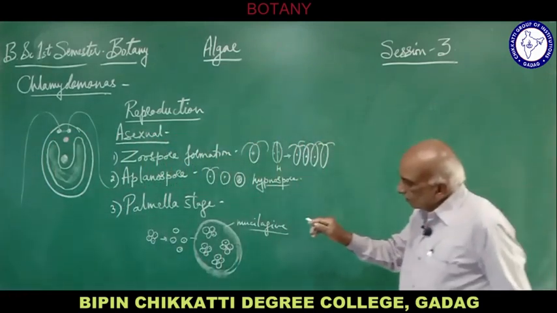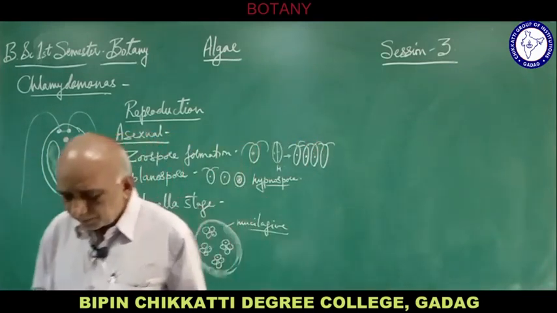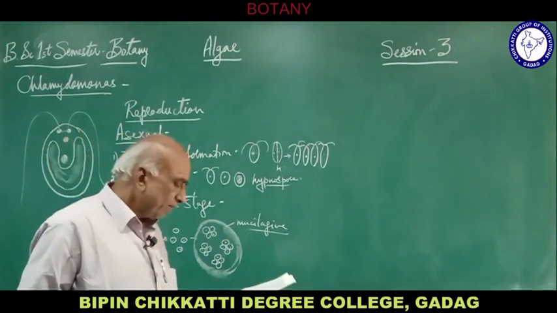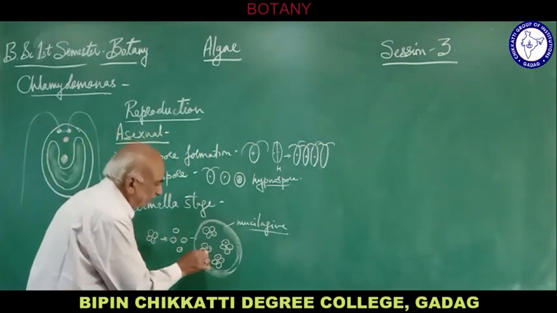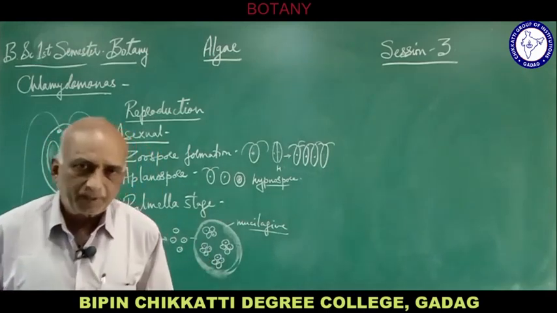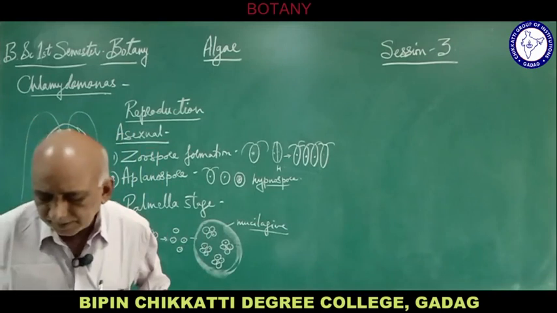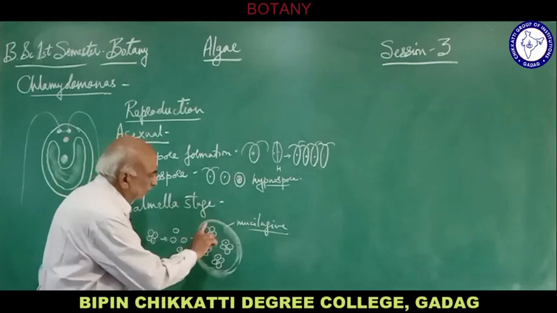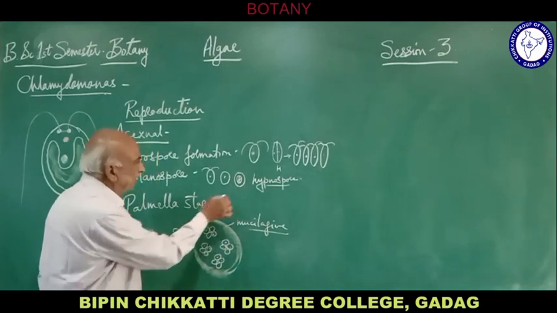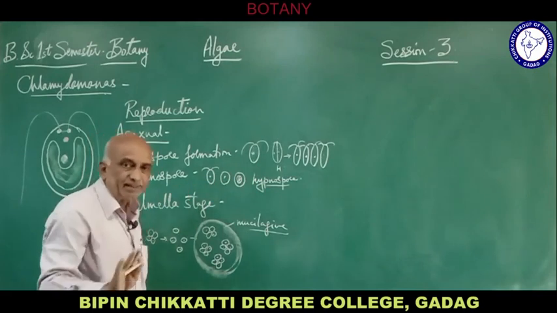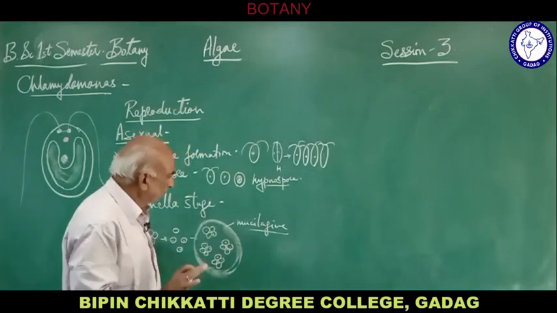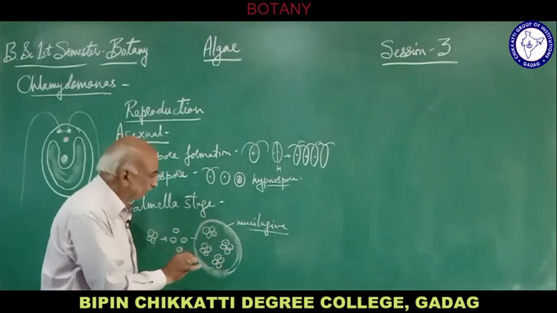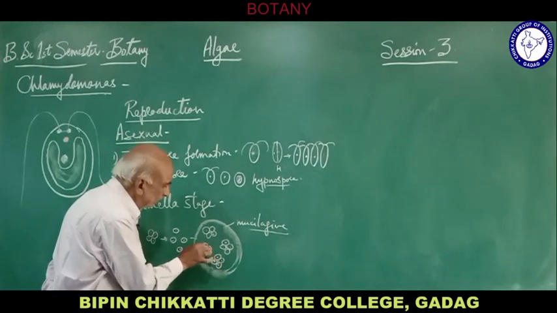So the reproduction stage, or this stage of reproduction, resembles an alga called Palmella, hence it is called the Palmella stage. These cells are non-motile; they do not have any flagella. They become motile on the arrival of favorable conditions. Until then, these cells remain as they are, just like the hypnospore or the planospore remain without any activity. These cells which divide become well protected in the mucilaginous matrix,